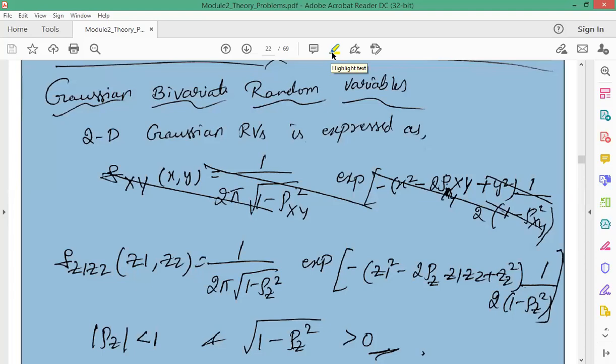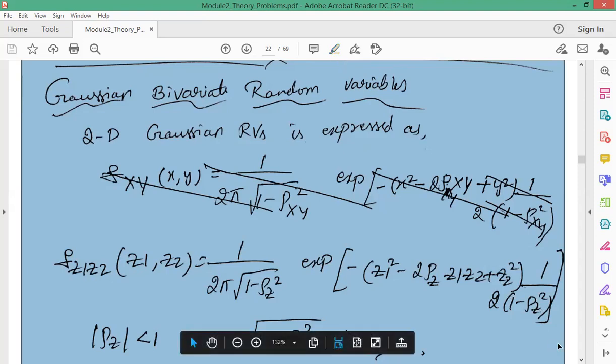Here the same concept of the Gaussian single random variable has been extended to the bivariate random variable, with the assumption that Z1 and Z2 are taken as the bivariate random variable with outcomes anywhere in the independent random variable small z1 and z2 plane, where small z1 and z2 lie between minus infinity and plus infinity. In such a case the normalized Gaussian bivariate PDF can be defined by the equation.